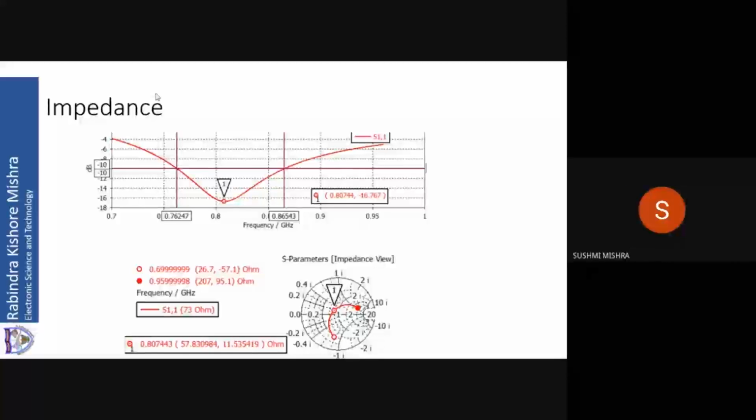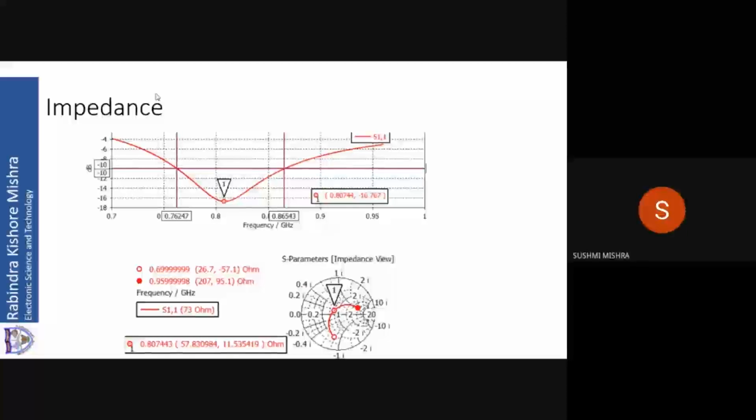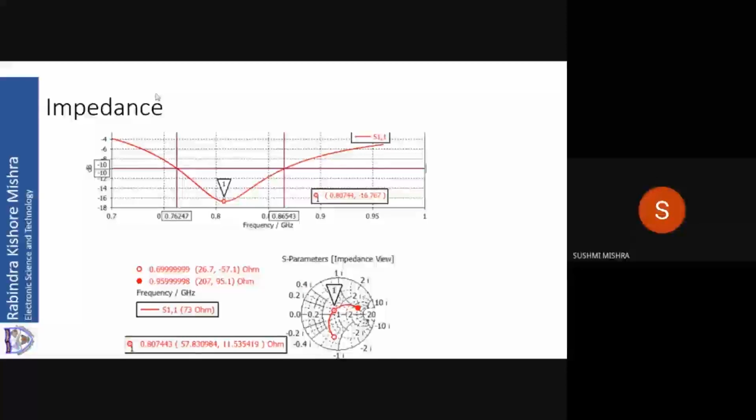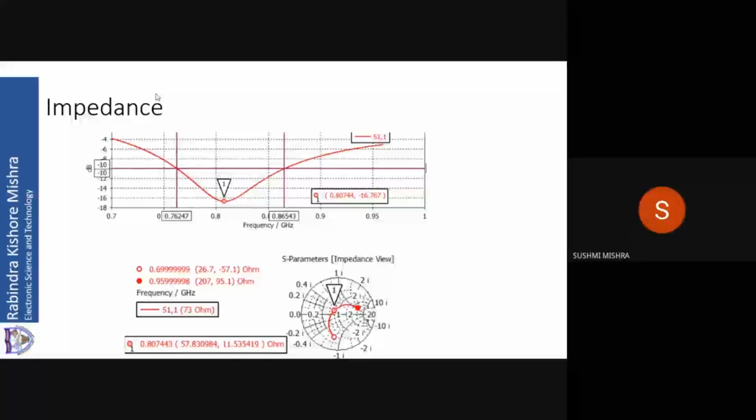And now look at the Smith chart. If you look at the Smith chart, you can see that the peak in the S parameter corresponds to a point on the Smith chart plot which is inductive, in the upper half of the Smith chart, right? This I have already told you in our previous discussion that the input impedance is going to be inductive because of the fringing field. So I have got an inductive one.